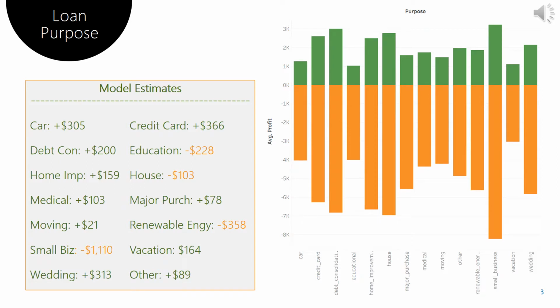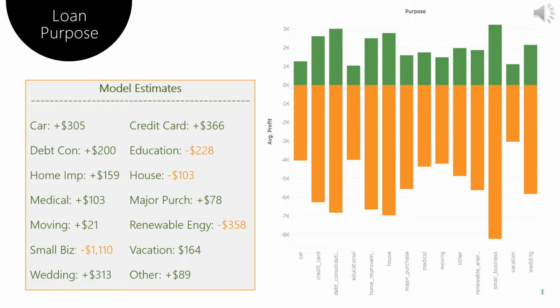Okay, now we're going to look at loan purpose. Again, this is a categorical variable, so we're going to look at both average profit for each category and average loss for each category. This is a great example of where, by visualizing the data, there's not a lot we can take from this and apply to the business. What we can see is that the average profit for each category is less than the average loss for each category, but how that tangibly applies to our business is difficult to say. So we leave that to the statistical model.